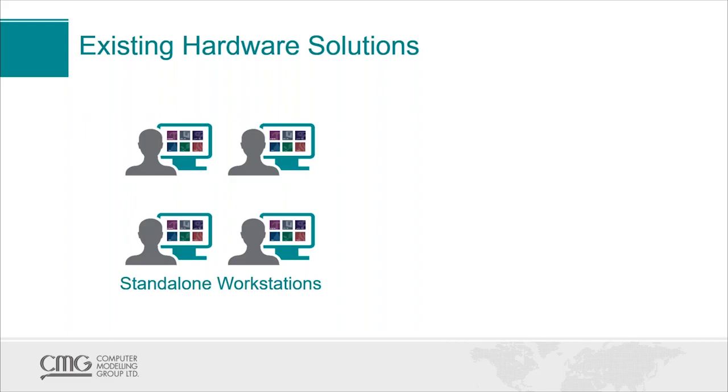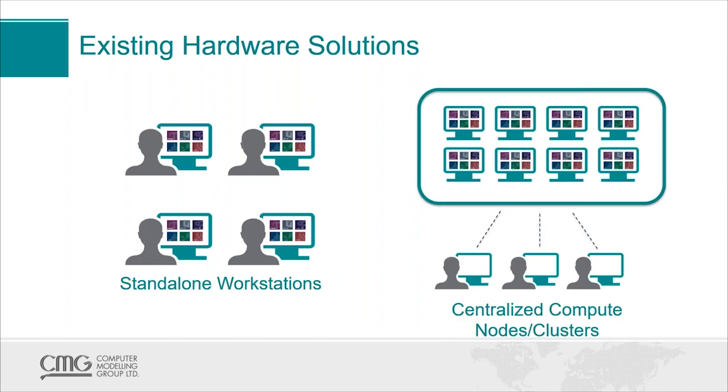Option 2 gives you a little bit more flexibility. Option 2 is your centralized compute nodes or clusters. These are physical data centers that hold hundreds, maybe thousands of cores that can be accessed by the users from any of the offices. The upside to this is the resources are shared. So if someone's not using one, it's available to another person. The downside of this is that it takes a long time to set these up, and also it's expensive to maintain.